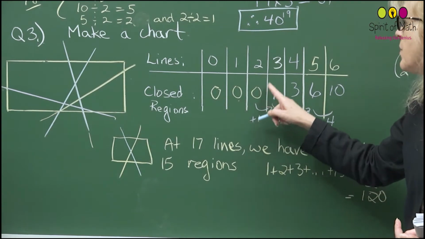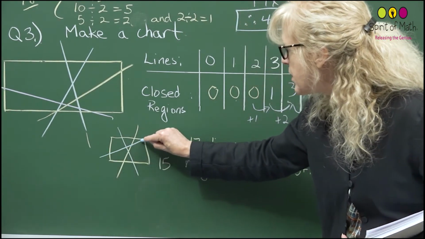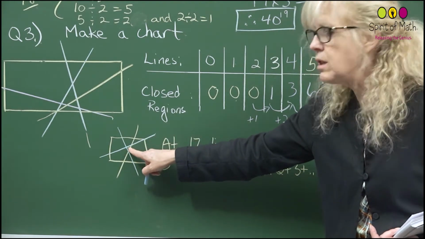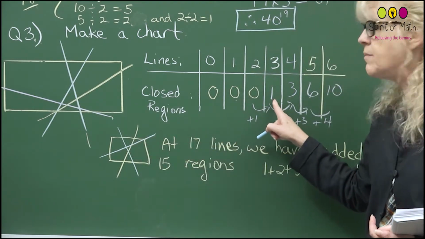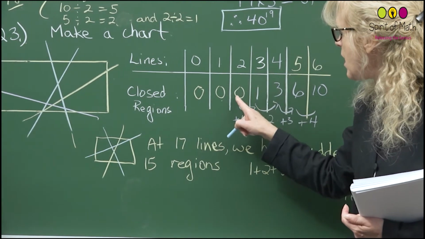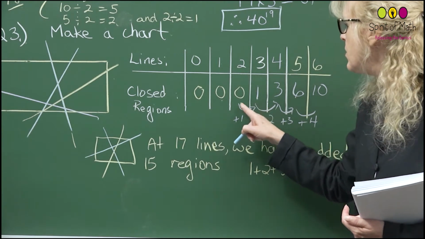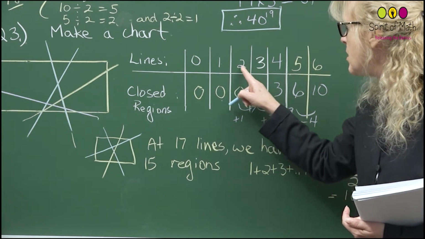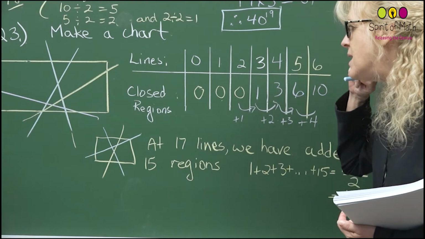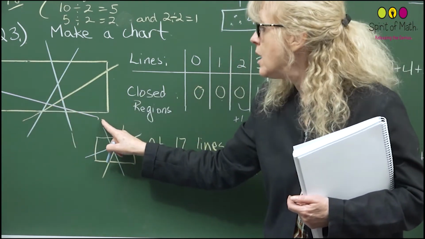So you still have 0, but when you get to 3, you can actually, let's just do one with 3. You can make 1 closed region. And so there's the maximum, 1 closed region. So if you notice at 3, we add 1 to that, okay? So we've got 0, to 1. So we've got that. Now, when you do 4, and I've actually drawn one with 4 here, notice the maximum